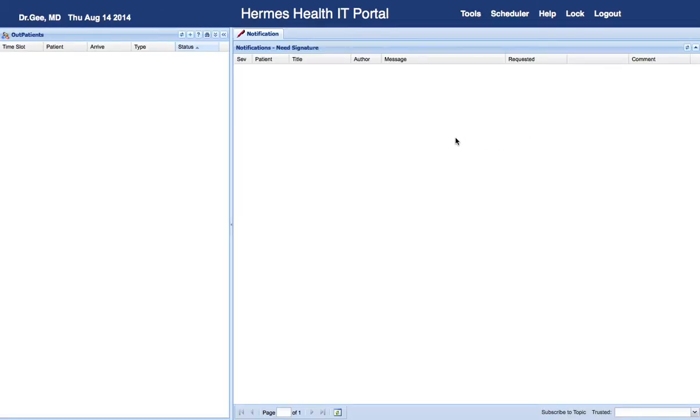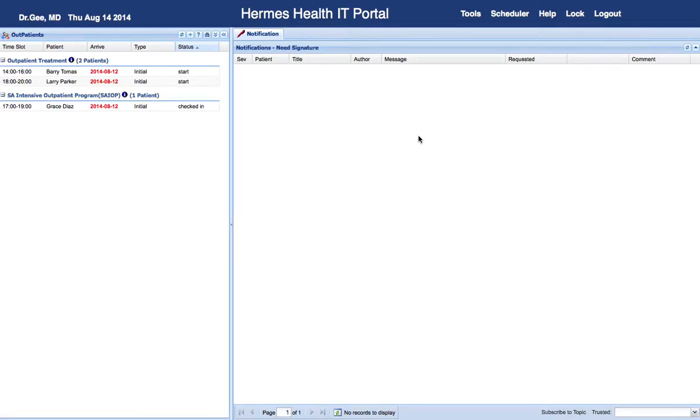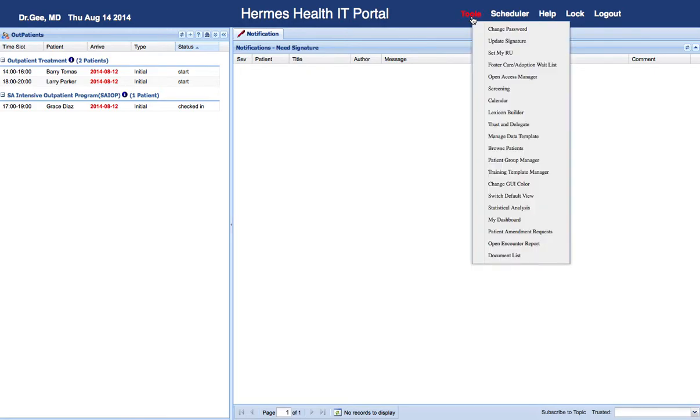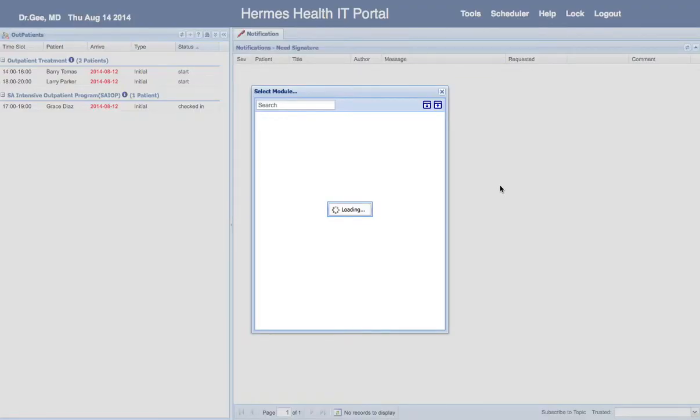Log in. And the outcome measurement analysis tool is actually available under the Tools menu. Go under Tools, and then there is a statistical analysis tool. So just simply go here. And in this session,